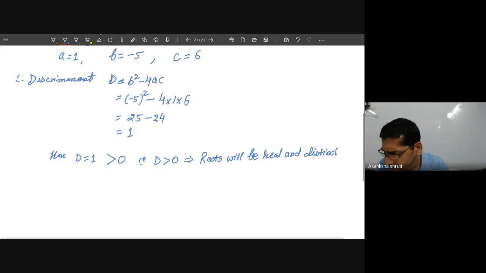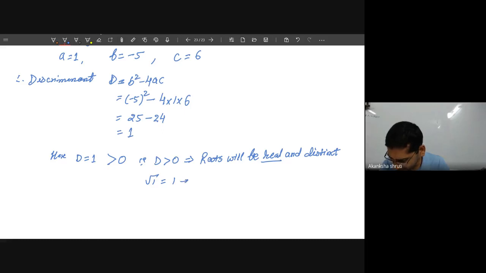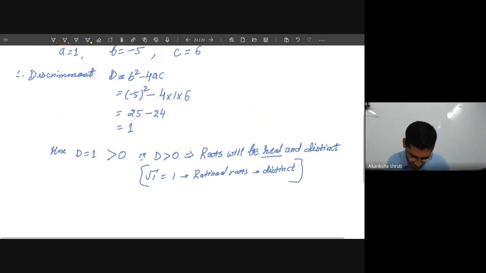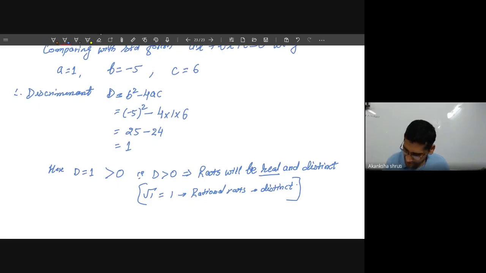Student, whether it will be rational or irrational, if you want to even know that, even if you are taking this as under root of 1, you are still getting 1. So this will tell us it will be a rational root. But they will be different, also distinct. So even this part is not required. Directly you can calculate. So the first part is over. The first part was up to this much, calculating the nature of roots. So this was the first part of question number 1.